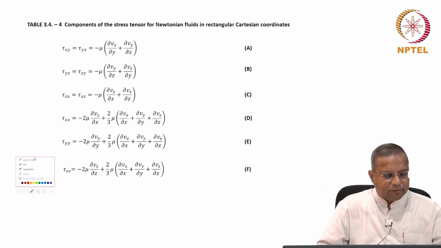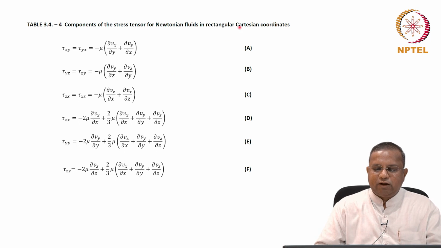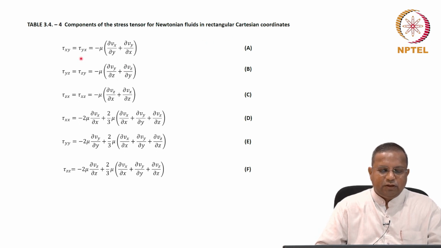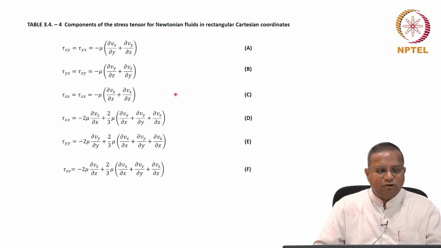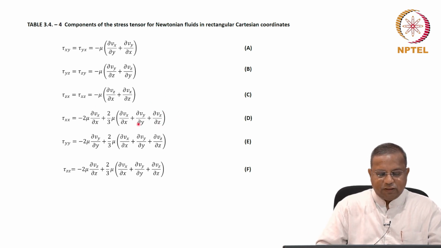See here, let's just look at the rectangular Cartesian coordinate system to begin with. You can see that the shear stress tau yx, which happens to equal tau xy, is actually a sum of two different velocity gradients in 3 dimensions. Similarly, it happens for the third shear stress, and the normal stresses are expressed in this complex form. We are not going to get into why it happens this way. This is non-trivial. Therefore, it's not a part of an initial course. You can go to that paper and check how this is derived.